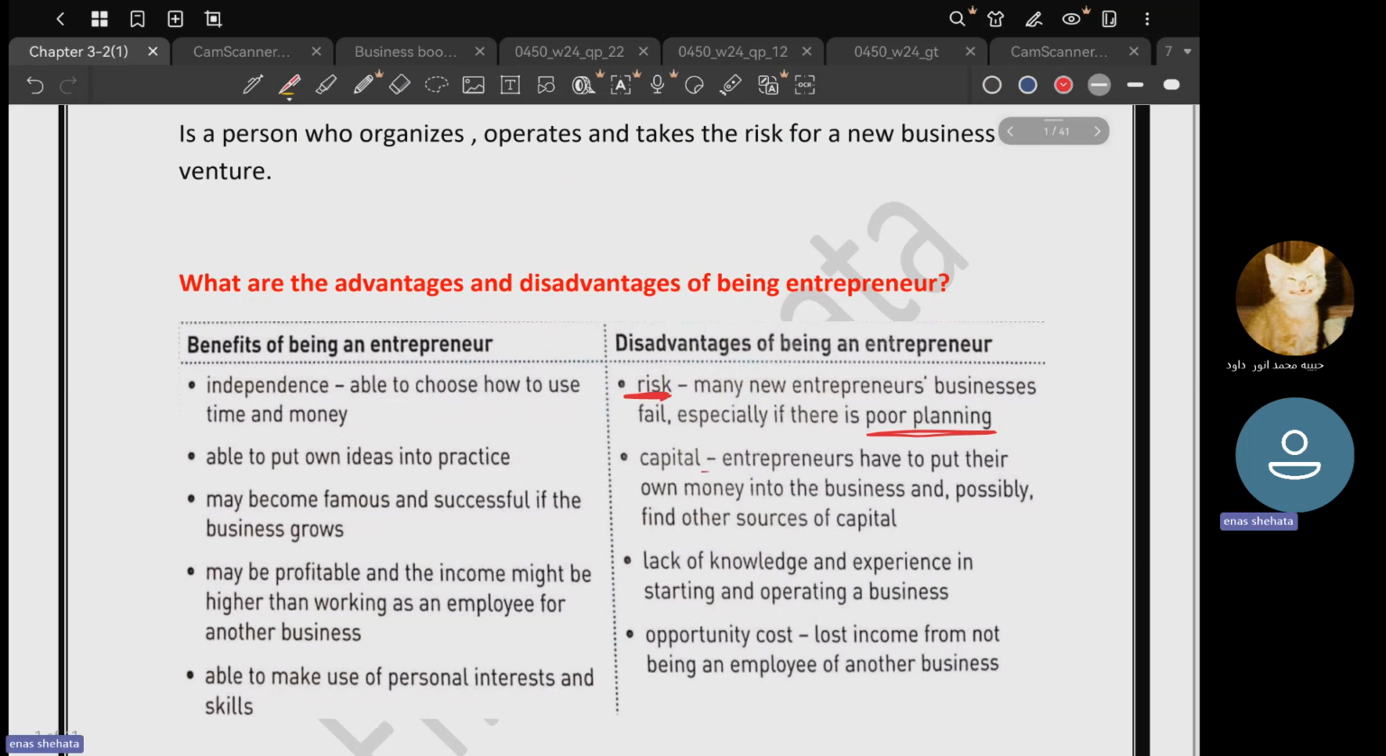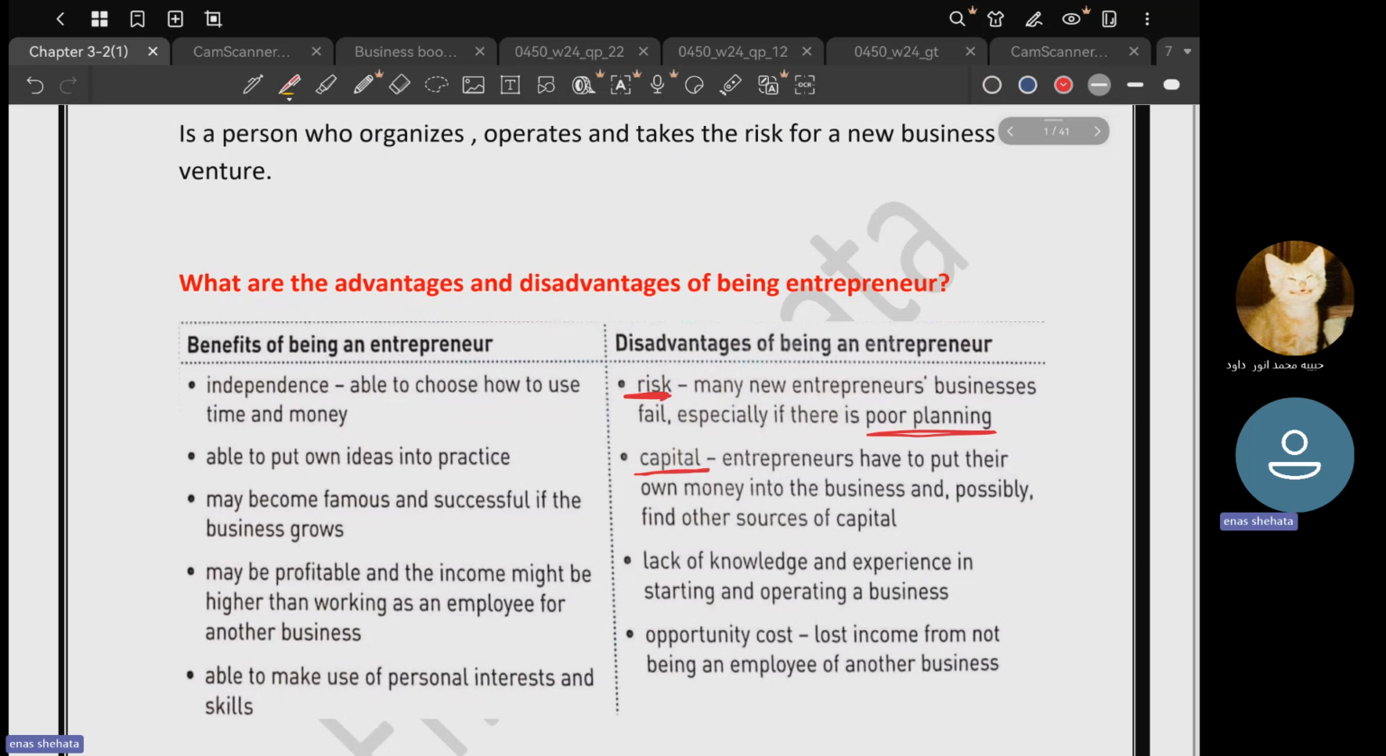Number two, capital. What's capital? Capital is the money needed to start your business. So you have to put all your money into the business, and possibly you may need to find another source of capital. You may need to borrow money. Will I change my car and buy a new car? No, you cannot at the beginning, unless you make profit after a while. So at the beginning, you must put all your capital or your savings in the business, and maybe you need to borrow